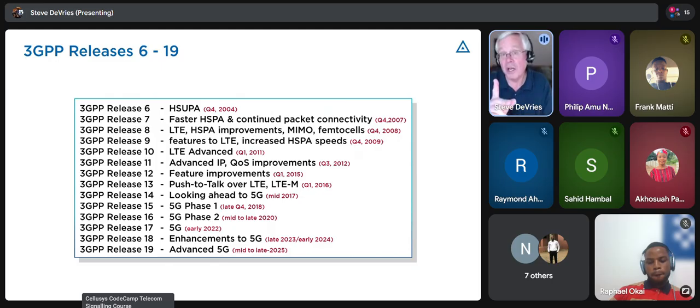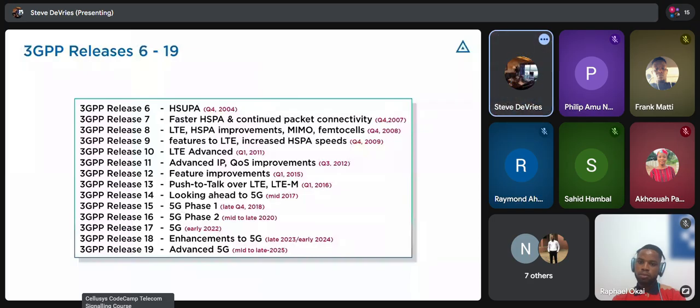And architectures change. The architecture changed a little bit with 3G and release 99. Then came release 4. Release 5 had this optional architecture that not too many used. Then came release 6, which was high-speed uplink packet access, faster high-speed packet access. Release 8 changed the architecture completely. That was now called LTE. And LTE was 4G. 4G technically came right about here on release 10. That was the fourth generation.